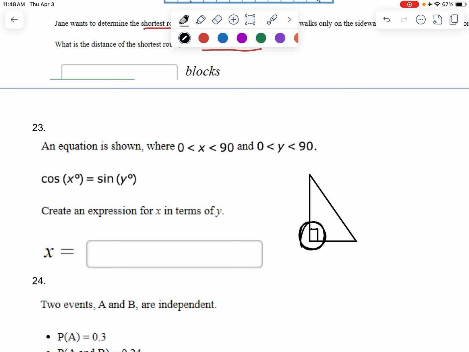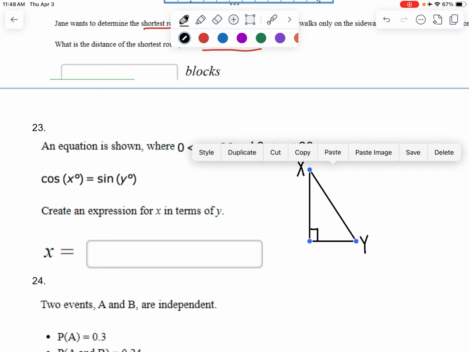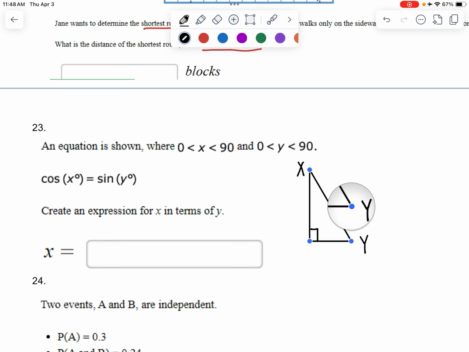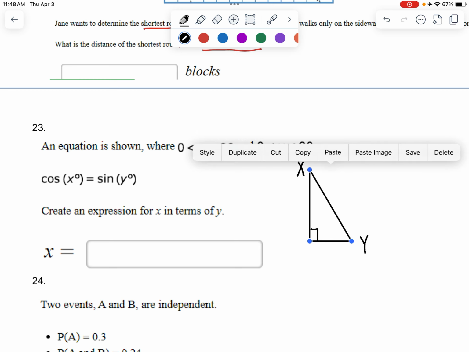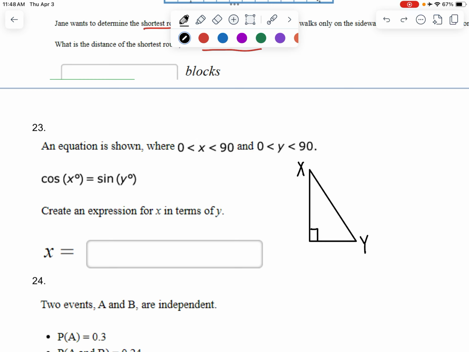X and y cannot be this angle. They can be these two angles. And I want you to pay attention. This can be drawn any way, as long as it's a right triangle. So don't pay attention too closely to how it's specifically drawn. It's just random. Most of the ones I draw tend to look like 30, 60, 90 or 45, 45, 90. That's not necessarily true. We're looking for the relationship between this angle and this angle in terms of